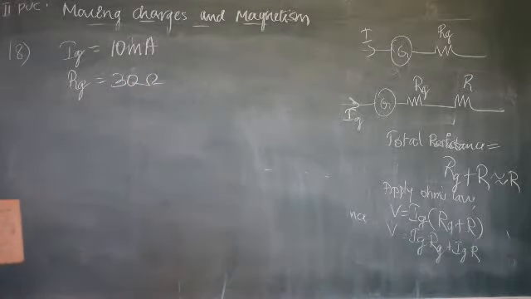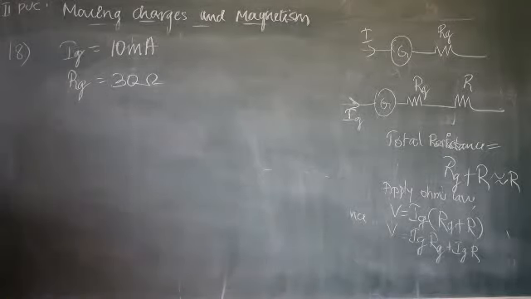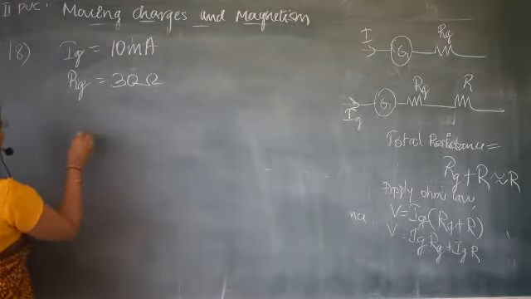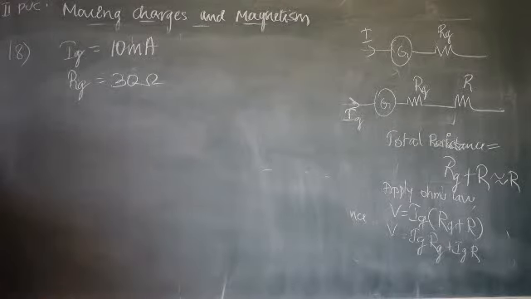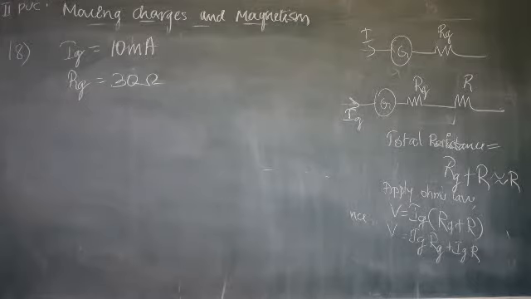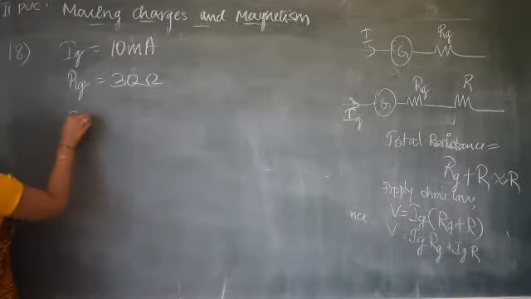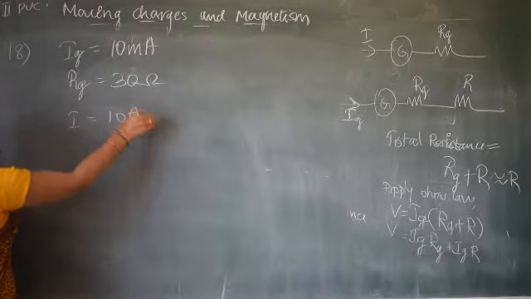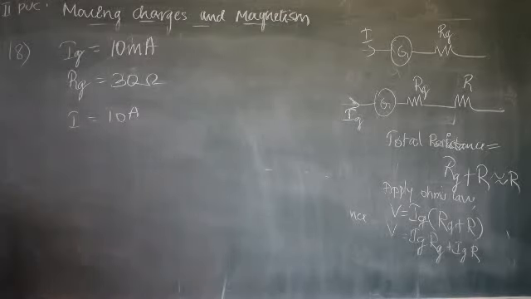How do we convert it into an ammeter? We have to convert it into an ammeter. Therefore, we have to connect a low resistance with it. That resistance value we have to find out, so that the reading of the current is equal to 10 ampere. So I will write I is equal to 10 ampere. Which formula can we write?